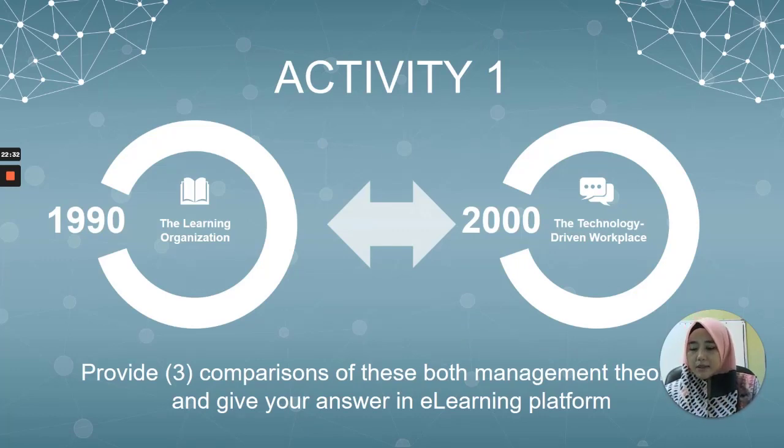Okay. Bila dah habis pada tahun total quality management tu around 1980s, okay, kita dah masuk ke tahun 1990. It started with the learning organisation, dan kemudian kita go further to the 2000s punya tahun, which is the new century lah, which is the technology driven workplace. So ini masuk industry 4.0 lah.